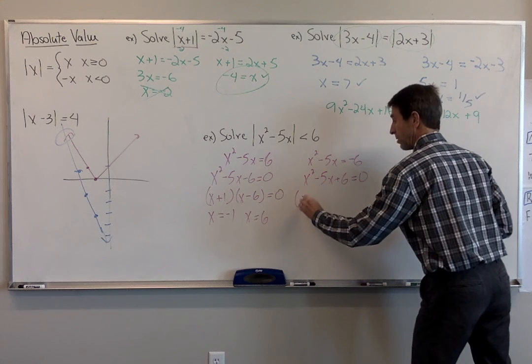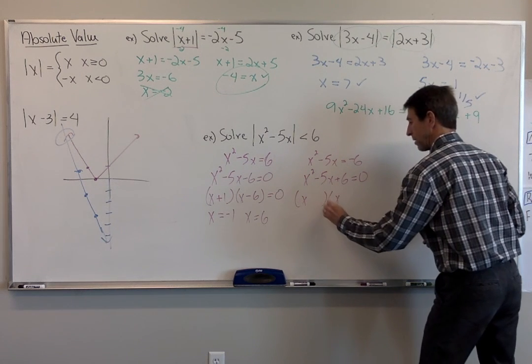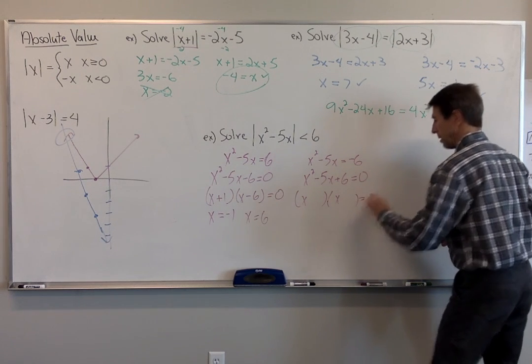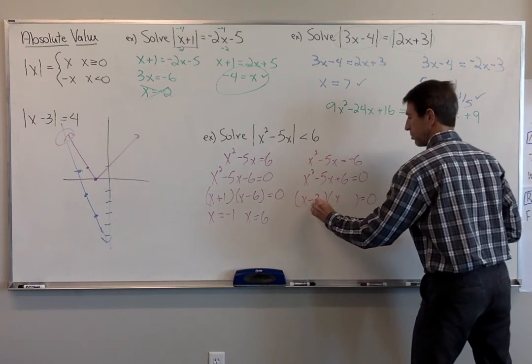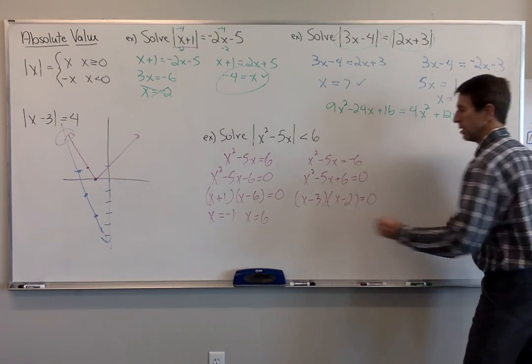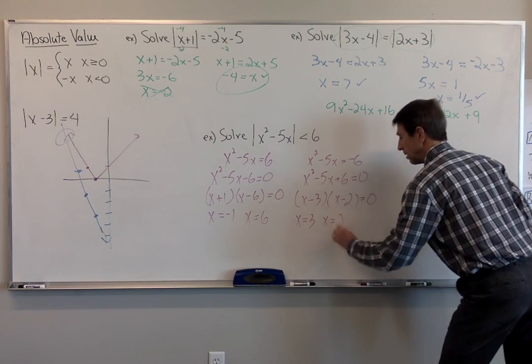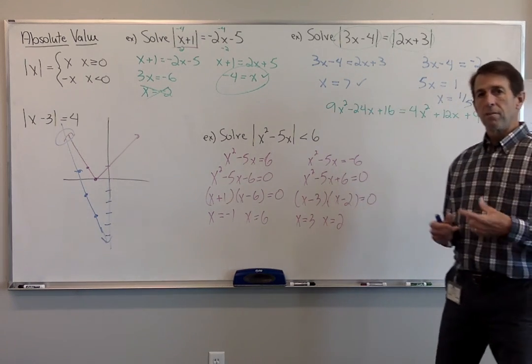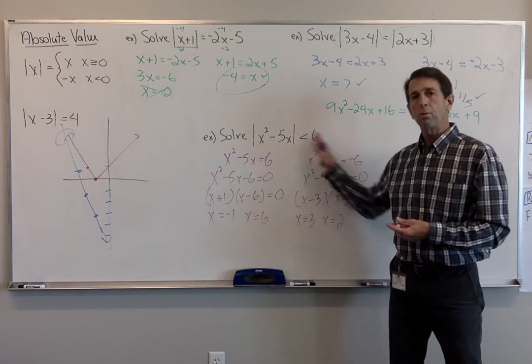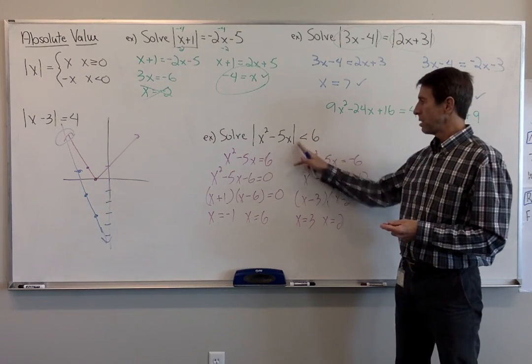Here again, it factors. We pick some nice numbers, so everything factors beautifully. We're going to have minus 3 and minus 2. So x equals 3 and x equals 2. So I found a lot of values where these are equal to each other,